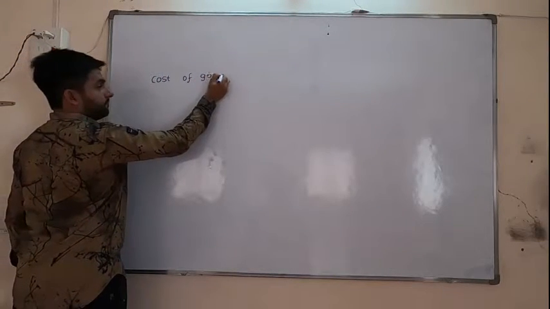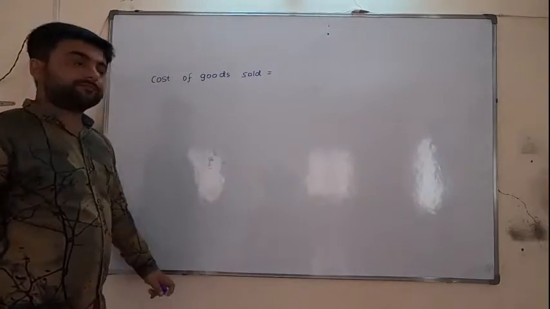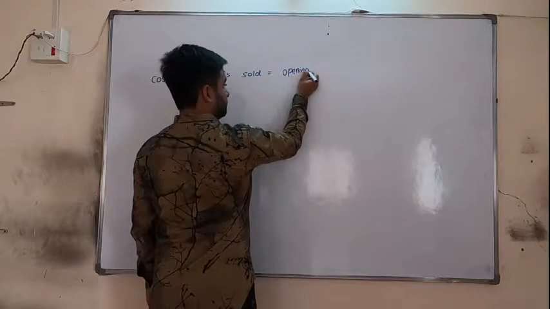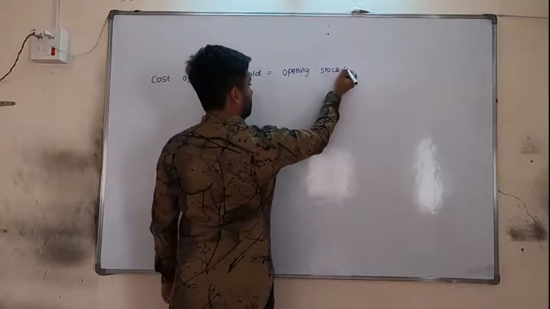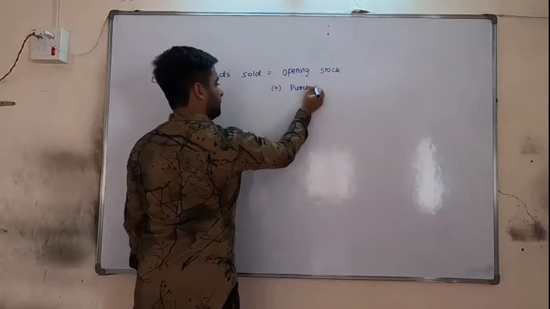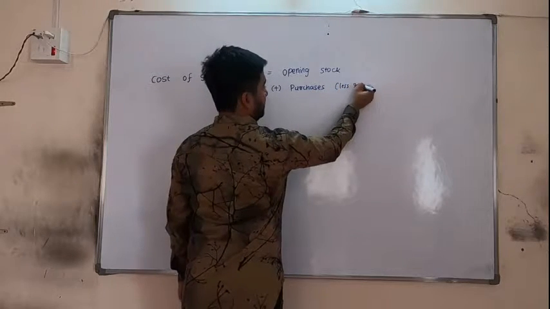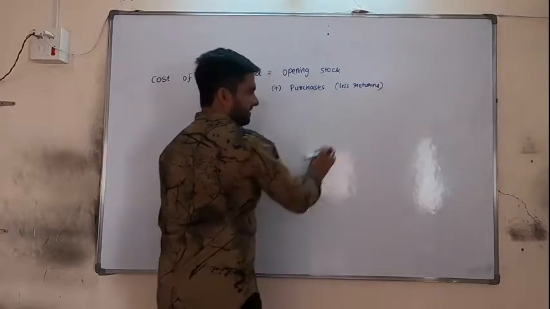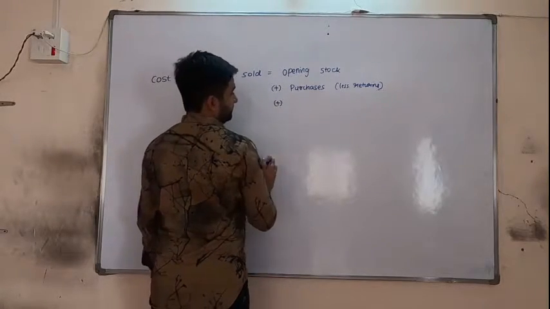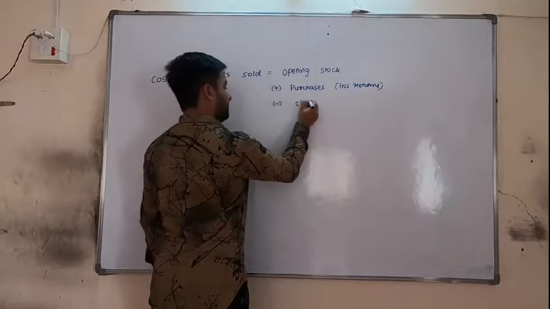Cost of goods sold is equal to opening stock plus purchases, less returns. If any purchase returns are there, they will be subtracted. Minus closing stock,